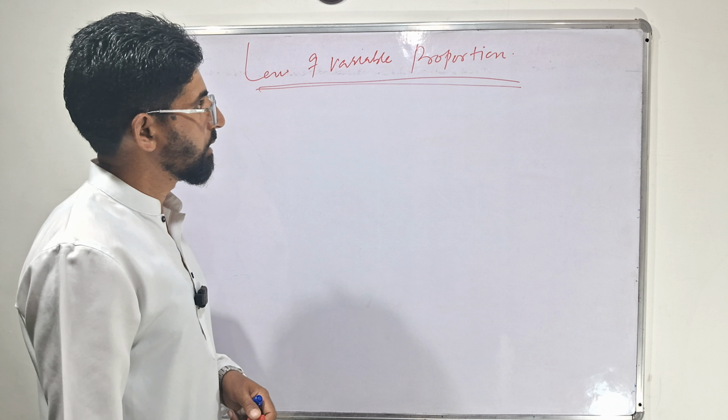Now I will write down a statement of the law of variable proportion. The law of variable proportion states that as more and more variable factors are combined with fixed factors in order to produce a given level of output,